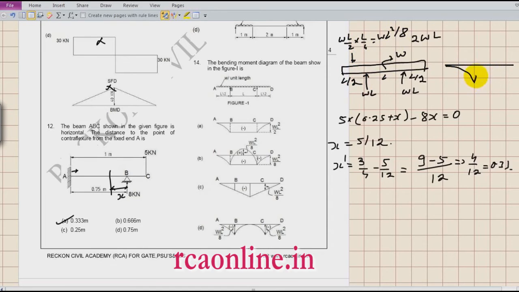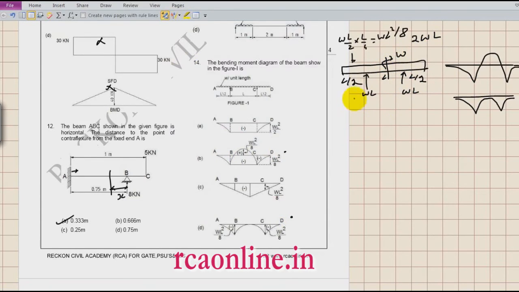Now it will try to increase up, and then we have to check whether this will go like this or this will go like this. These two can be the options. Is it okay? So I have this option with me and this option with me. So find the bending moment at center. So what will be the bending moment at center? It will be WL, the total load, because it will be L by 2, L by 2, and it will be applied at L by 2. Is it okay? Minus WL into L by 2. So if you see, it is 0. So what is my option?